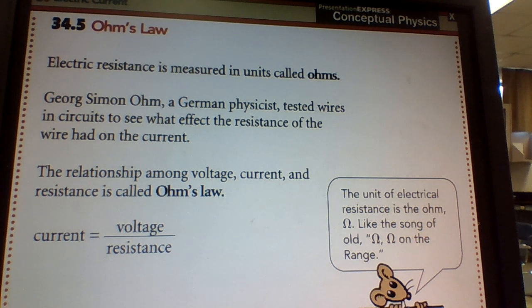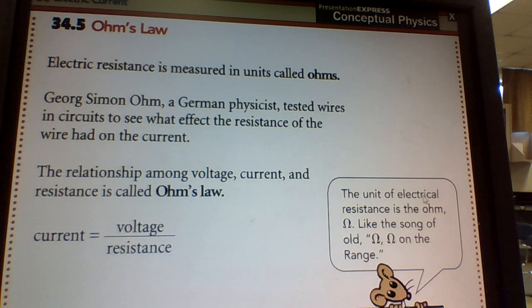He made everything the same length of wire, same diameter of wire, all that kind of stuff. But he was using gold wire and copper wire and silver wire and tungsten wire and all kinds of different wires to see what would happen. And what boiled out is something that became known as Ohm's law, that current is equal to voltage divided by